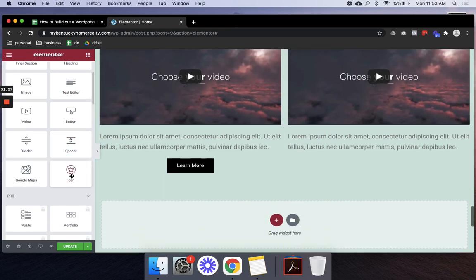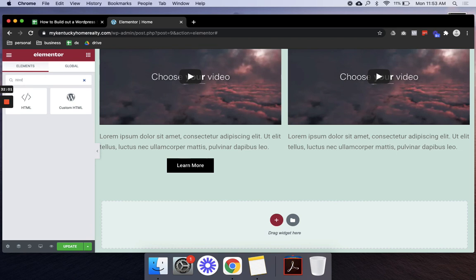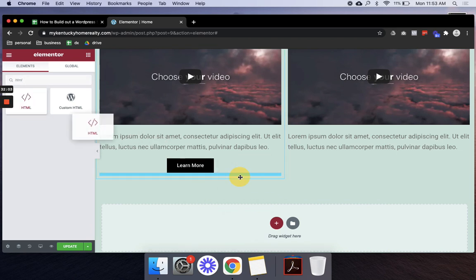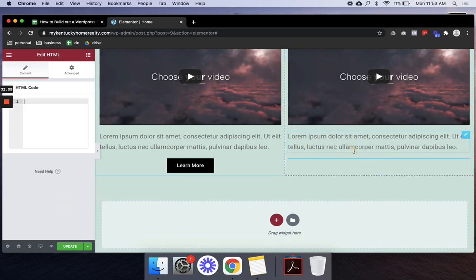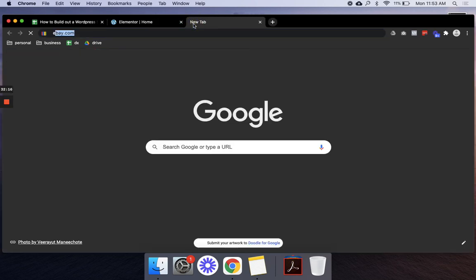If you want to add code to a site, as an example, HTML, you would click, and let's say you wanted to add a Google Map code to a site, right? I don't know why it didn't take. You would copy the code right in here, and the map would populate. So as an example, if I went to maps,